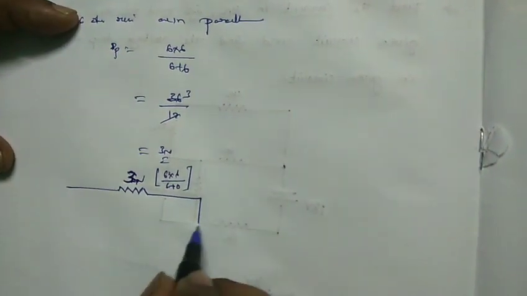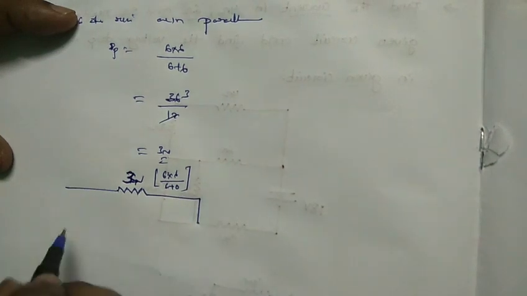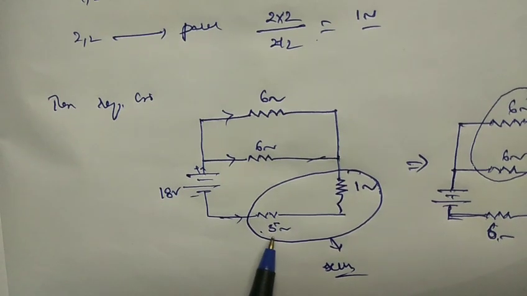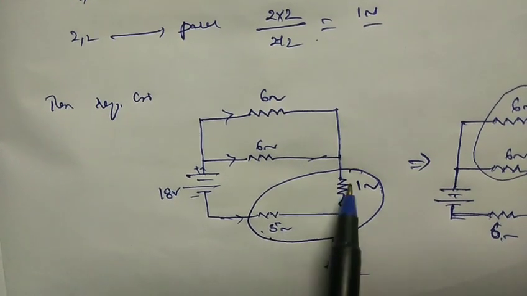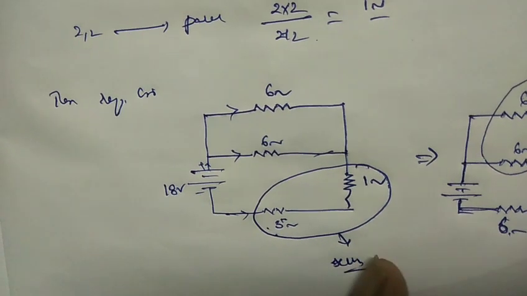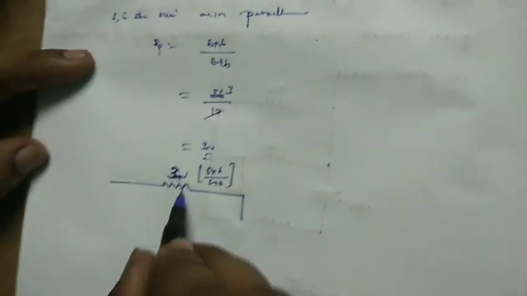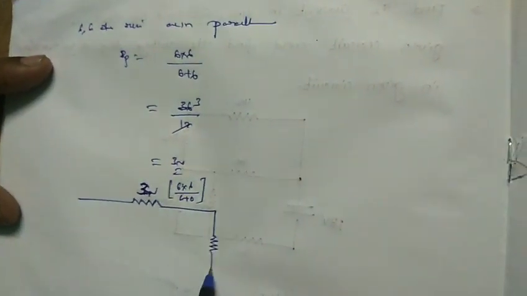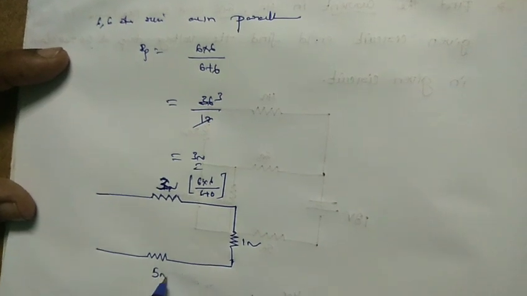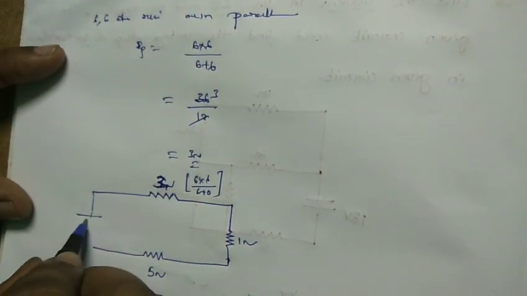And go with here. From here, these are 5 ohms and 1 ohm. We need the 5 ohm voltage drop here, so we don't separate them, and we keep connecting the 1 ohm and 5 ohms like that only. So I will connect here 3 ohms, 1 ohm and 5 ohms. The battery is connected here.